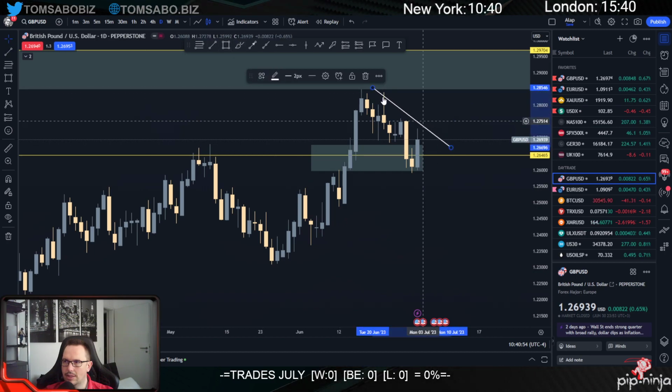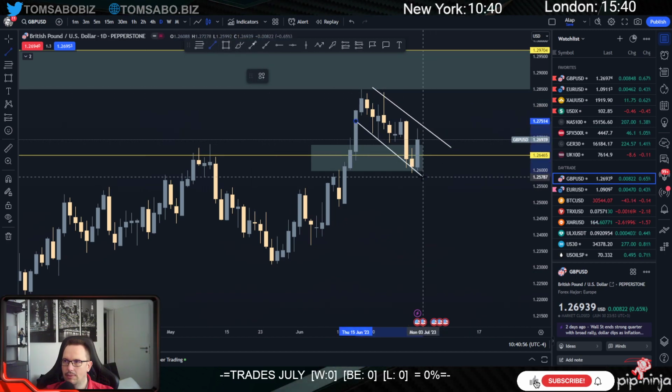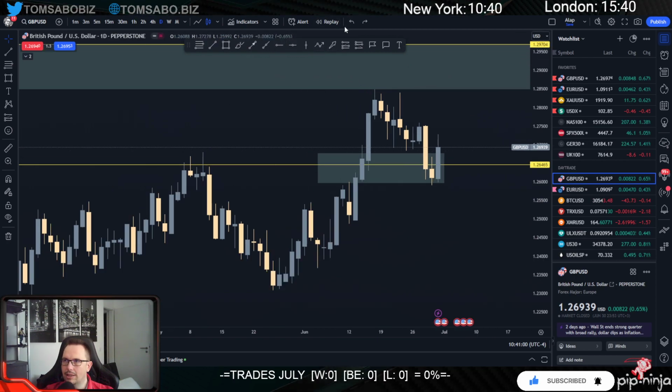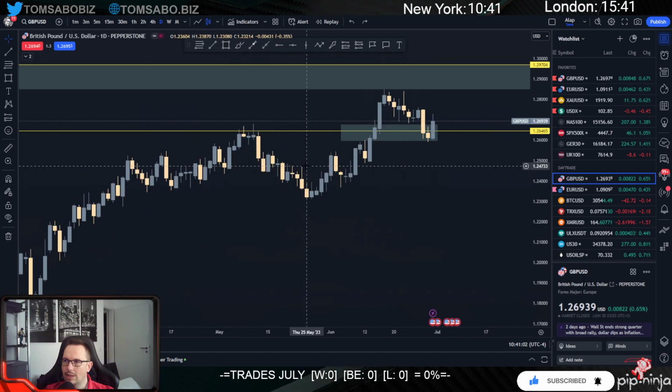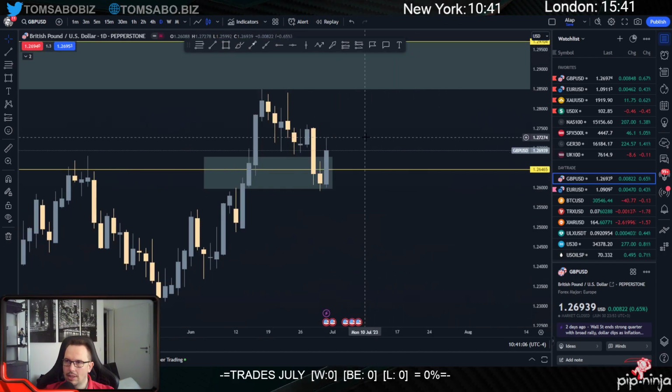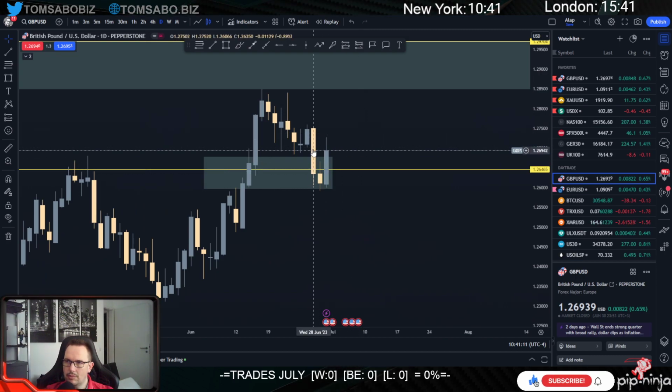But as you can see, if we look at it from retail logic, we can see a bull flag. I'm not really into that, and I'm not really trading trend lines. Absolutely. But still, the only thing that concerns me a little bit is that this daily candle, this bearish daily